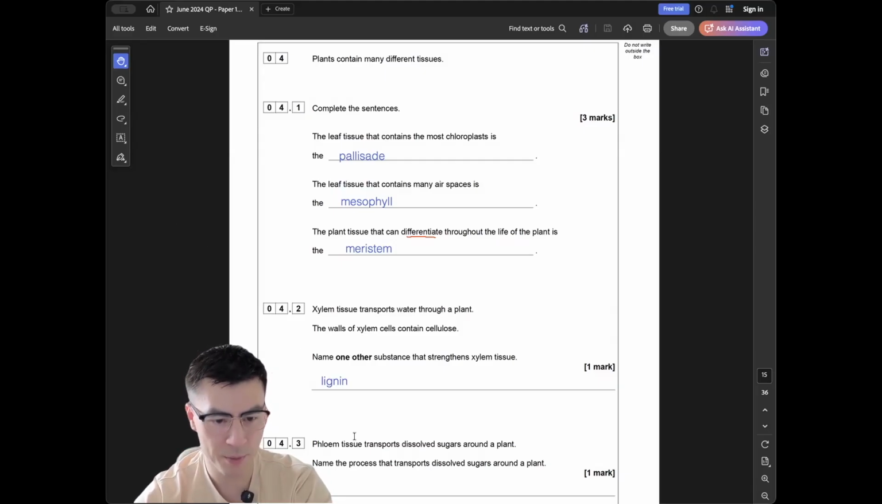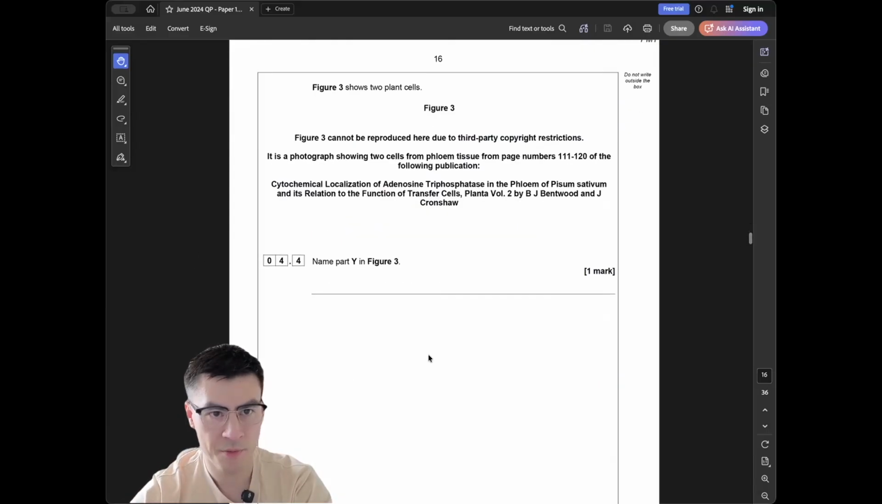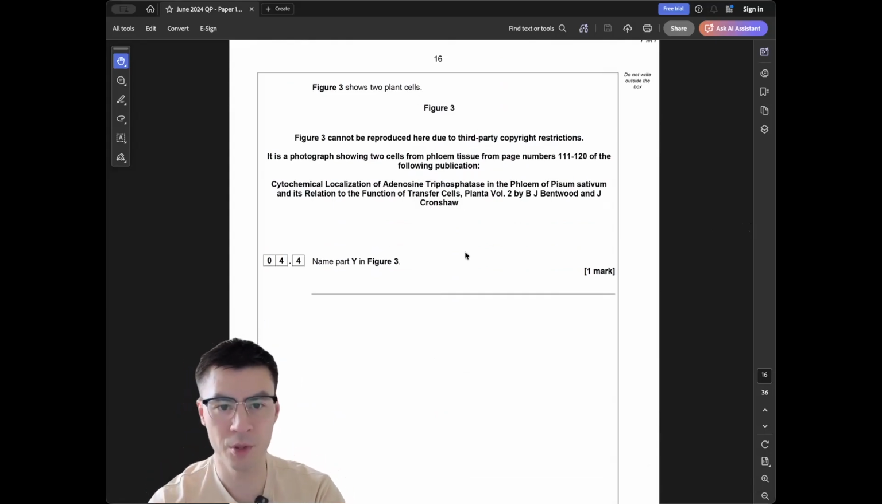4.3 Phloem tissue transports dissolved sugar around the plant. Name a process that transports dissolved sugars around the plant. 我哋講緊 transport of sugar 唔係 water。如果 water 就 osmosis 啦，咁 transport of sugar 就叫 translocation。唔係 active transport，active transport 係用 energy to move something against the concentration gradient。Figure 3冇 picture 應該就做唔到啦。OK。4.4 我哋做唔到，因為冇咗個 picture。We're going to